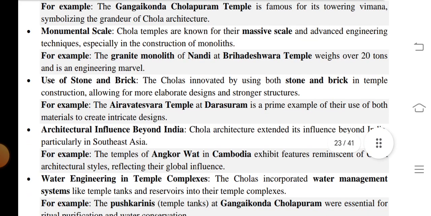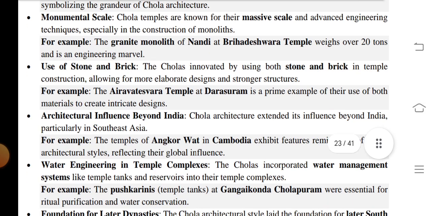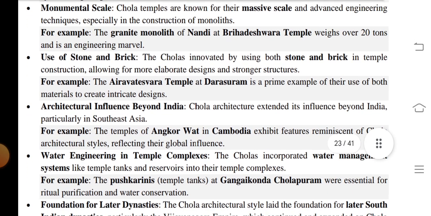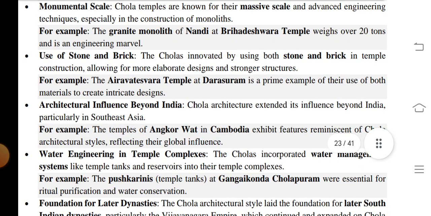For example, the Gangaikonda Cholapuram temple is famous for its lower tower, the Vimana, which symbolized the grandeur of Chola architecture. Monumental scales: the Chola temples are shown for their massive scale and advanced engineering techniques, especially in the construction of